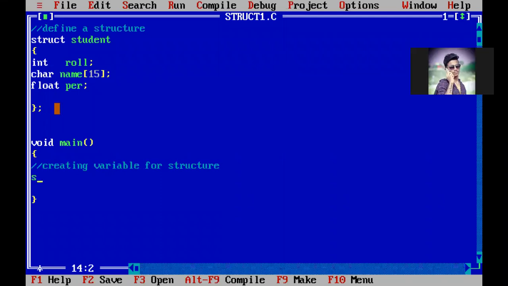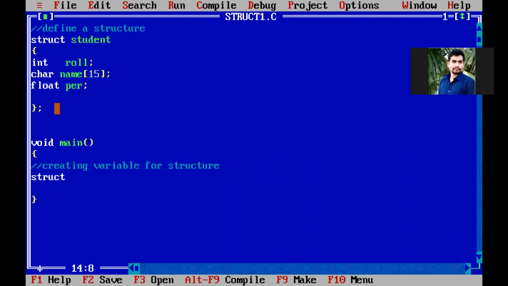The syntax for creating a structure variable again starts with the struct keyword. See, all the keywords are in white color. Struct is now in blue color. When I type T, it becomes white color. That means it is a keyword. See, void is also a keyword, floating point also a keyword, character, integer, struct. All the keywords, all the predefined words, the reserved words, are displayed in white color.